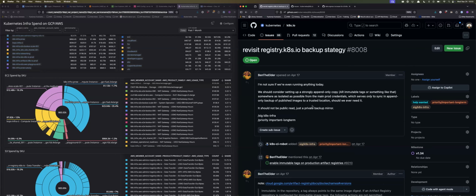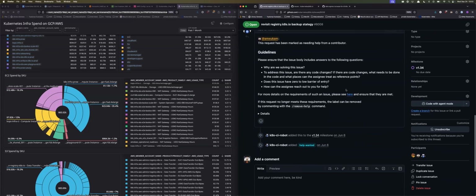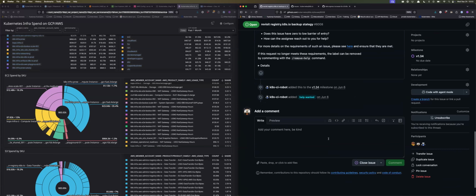No, we have multiple copies. So the project has what, 16, 17 clones of the same registry in a different region. But they're just geo copies, right? They all have the same access control and they're all in the same place. So even without it being malicious, if you just have some automation bug that tries to recreate those registries or something, you could wind up wiping all the images that we've carried forward from the beginning of